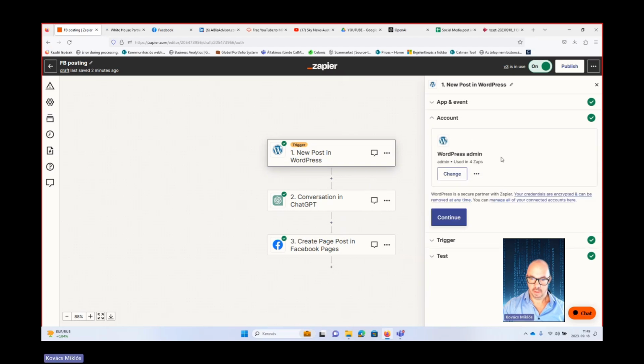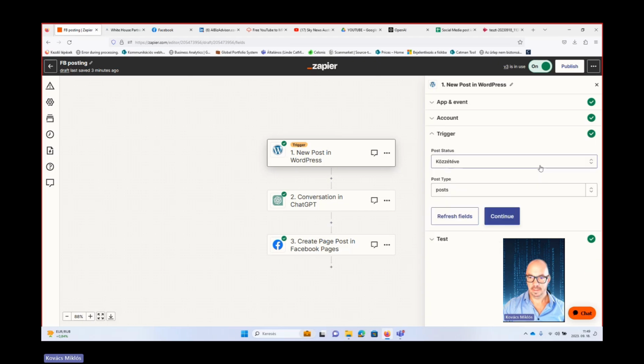Then we link WordPress to Zap, as we learned. So you need to have a Zapier plugin installed on your WordPress page. You need to add your WordPress credentials once, then your accounts are linked, and then it will be working. And for the trigger, the post status will be published, and the post type is post.